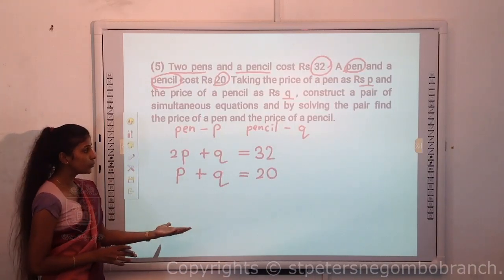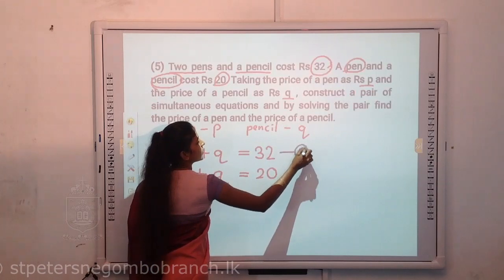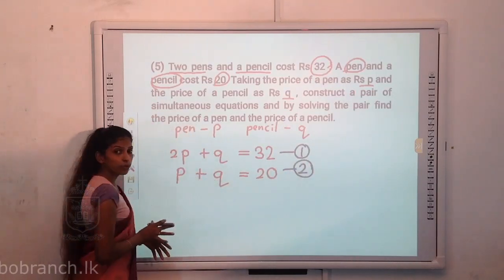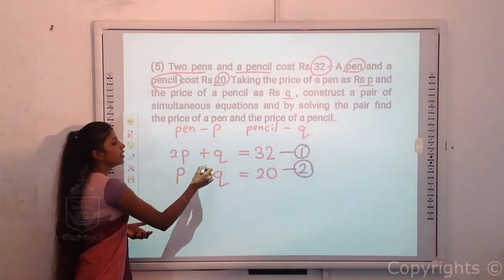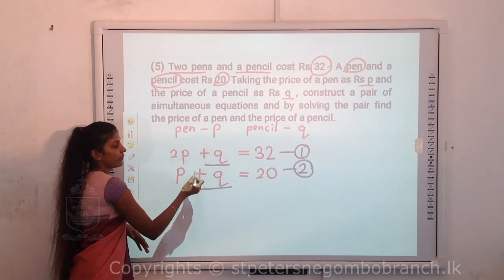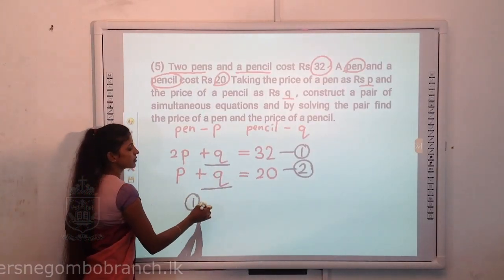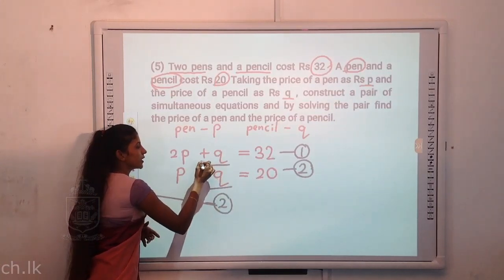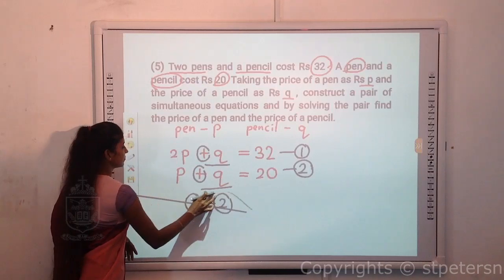So this is the way of making simultaneous equations by reading this incident. So you all can see 2 equations are formed, first one, second one. Then you know that we need to simplify these types of simultaneous equations. Look at the common unknown term, Q. If both are having plus, what you have to do? You have to subtract the 2 equations. If the signs are same, you have to subtract the 2 equations.